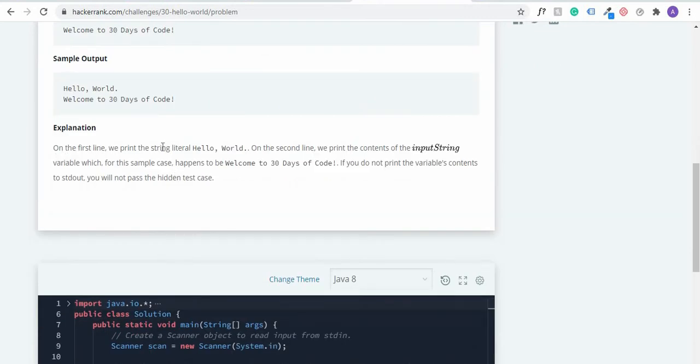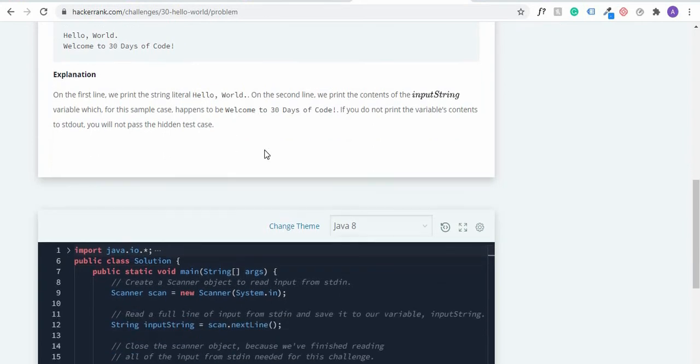In the first line, we print the string literal, which is hello world. The string literal means it's coming out as a string. When you put something in quotes, that is when you have a string literal. On the second line, we print the content of the input string variable for this same case.